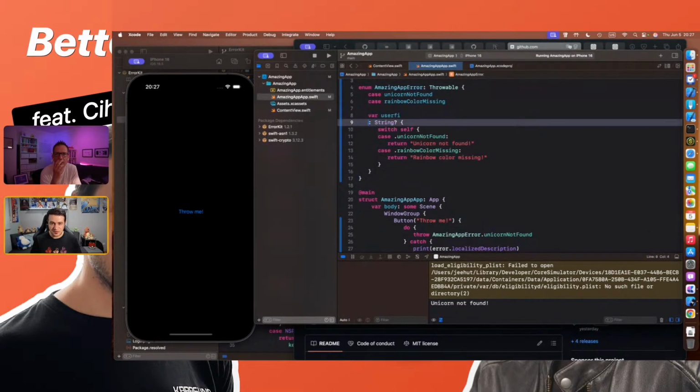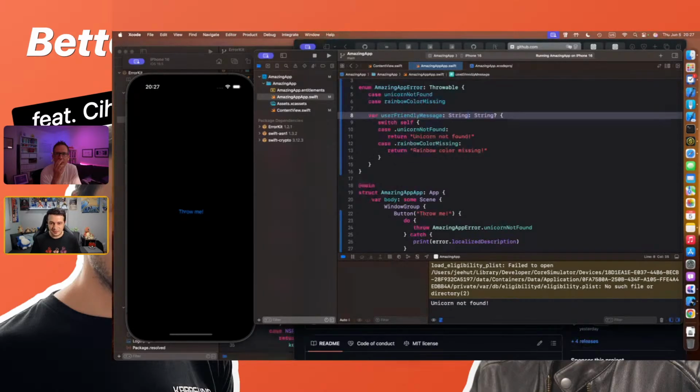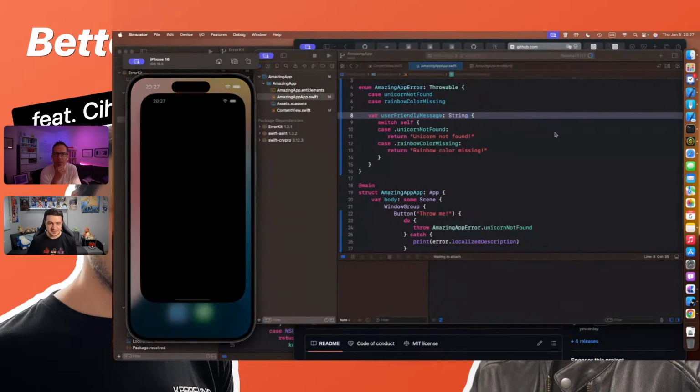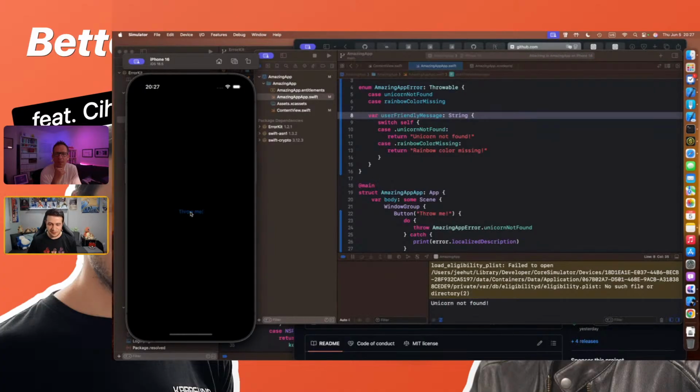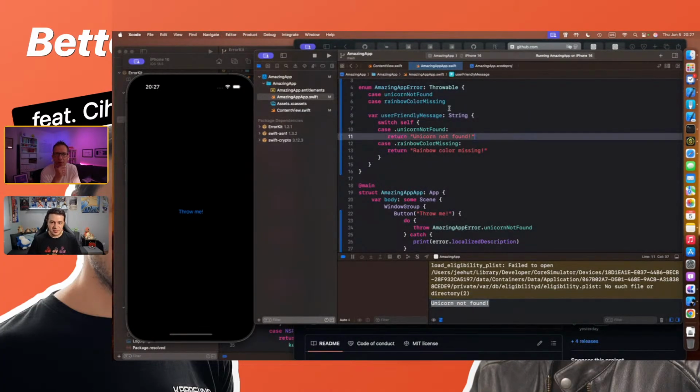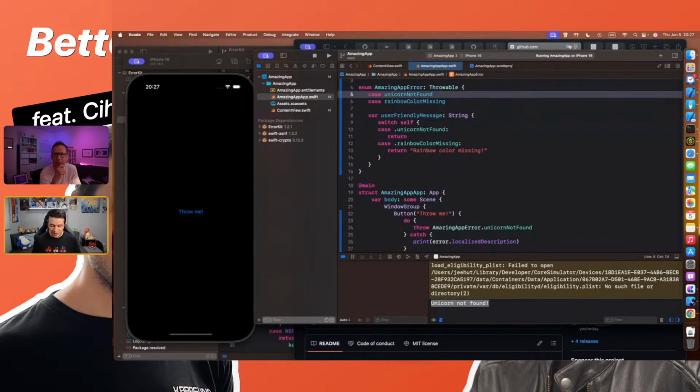Let's just do it like this. Use a friendly message. And if you run this and press throw me, you also get unicorn not found. Okay. But even better, because we don't have anything here that is like a variable or something like that,